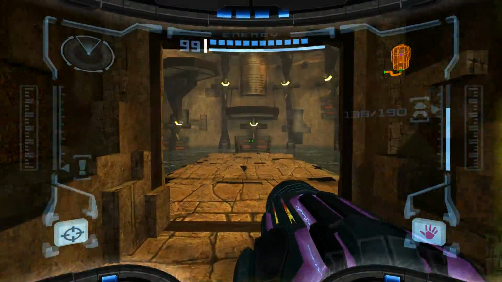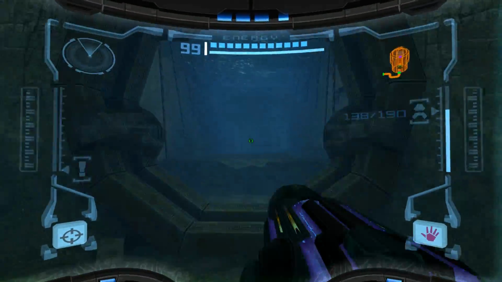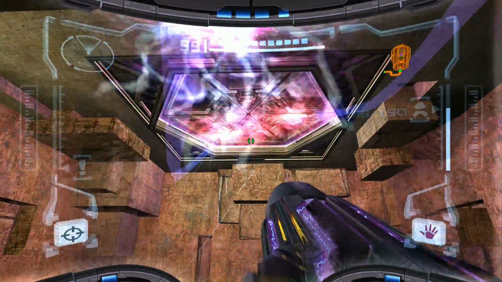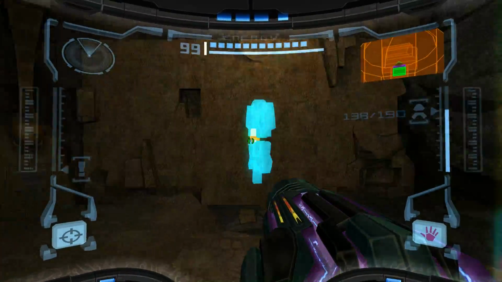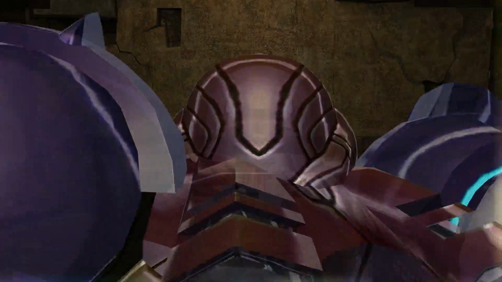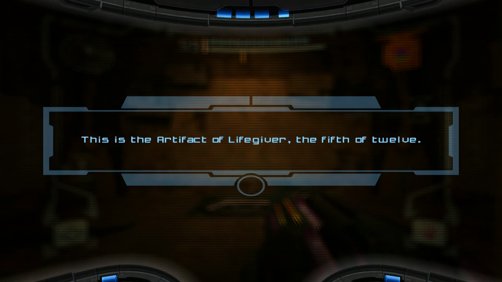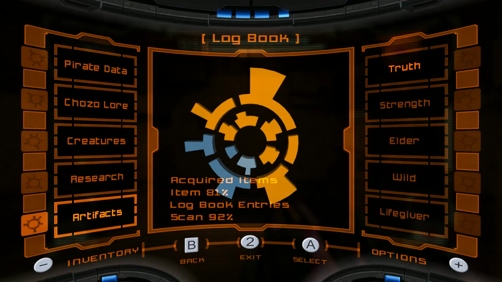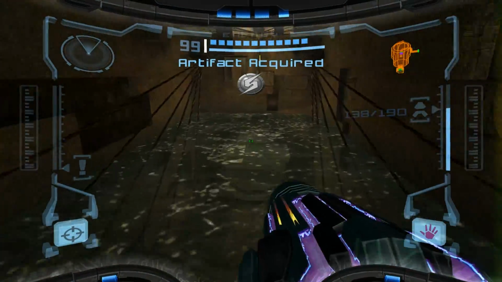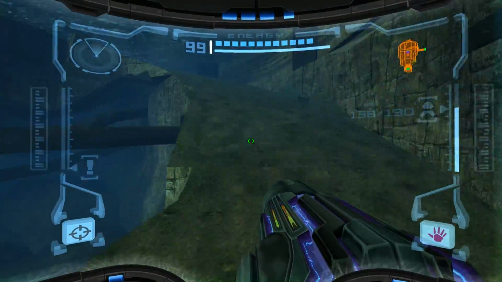But again, this is why I specifically routed myself to have the X-ray visor before coming back and doing all this. You need the anti-grav suit in order to get this one. Alright, that's 9. Okay, and now with that, we're going to make our way back to...